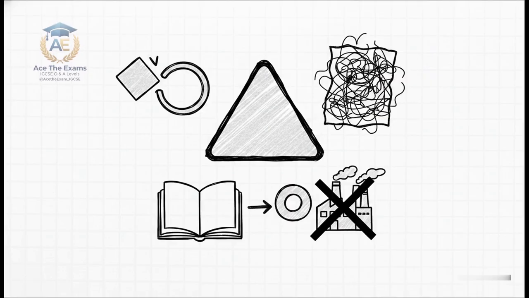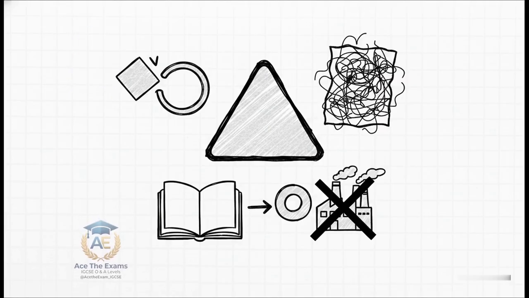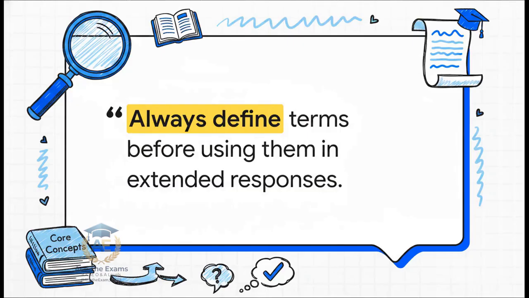Mistake number 2, forgetting format and presentation. We just talked about this, but it happens constantly under exam pressure. And mistake number 3, providing generic answers that lack specific context. Please, do not just regurgitate a textbook definition. If the prompt is about a manufacturing business named XYZ Corp., your answer must explicitly connect the theory to XYZ Corp's specific situation.